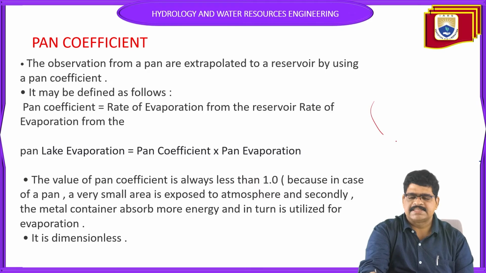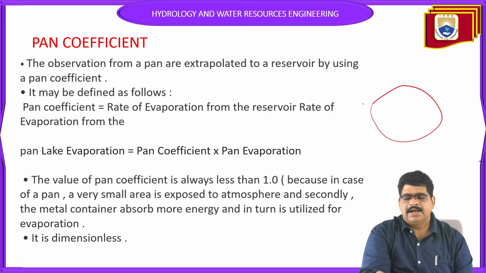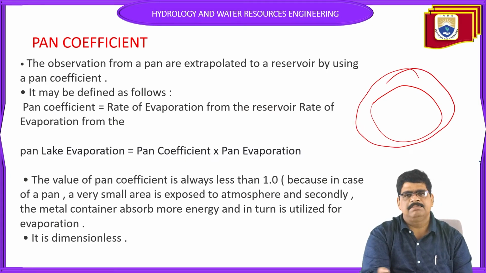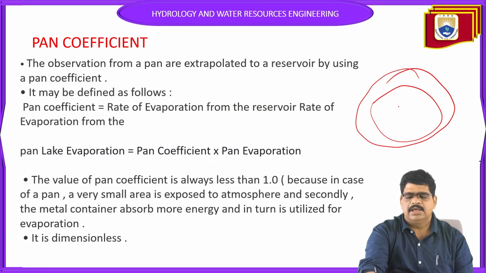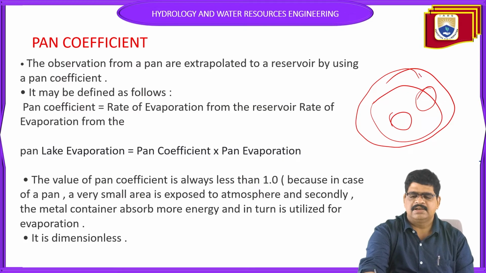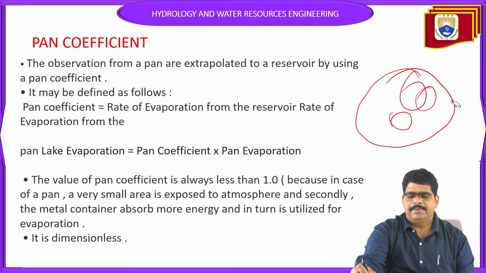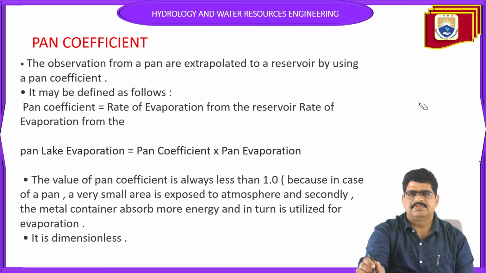small areas can be considered as the evaporation, but given the catchment areas and big areas, how it can be implemented, whether inside the ground or outside the ground or inside the water, is what we need to know. So these can all be affected, and the pan coefficient is the best solution for this one.